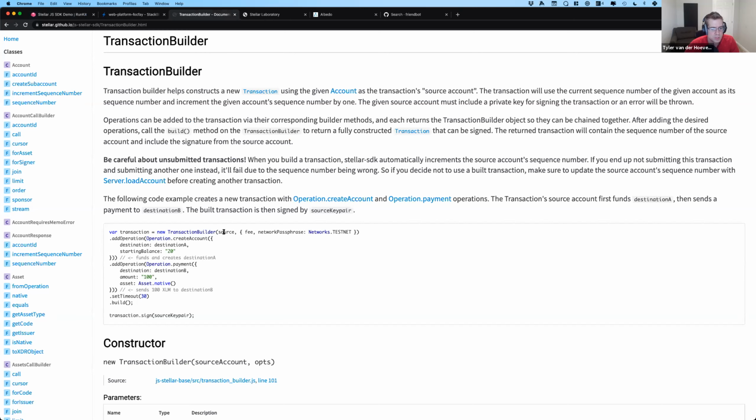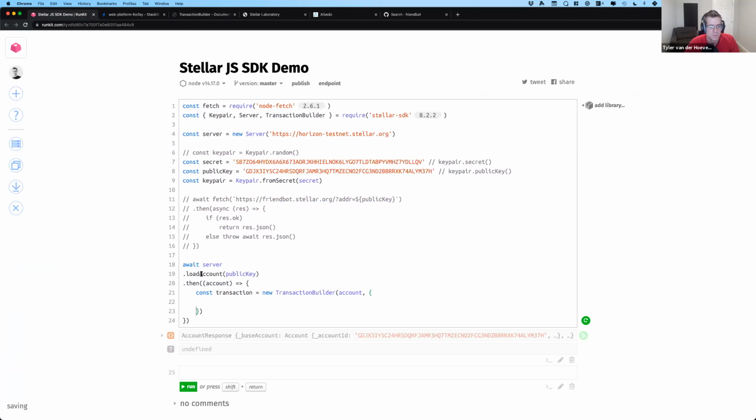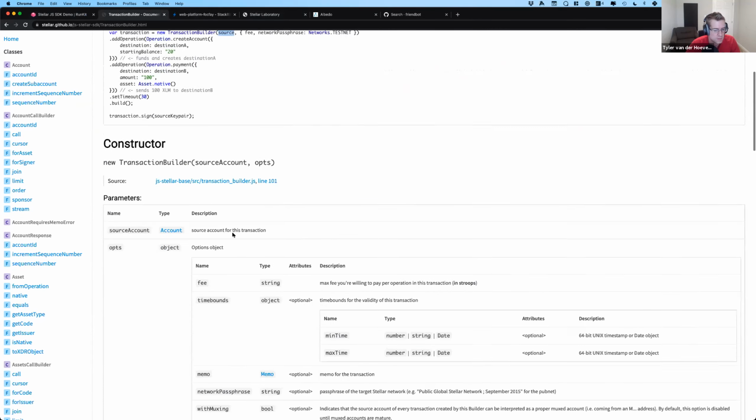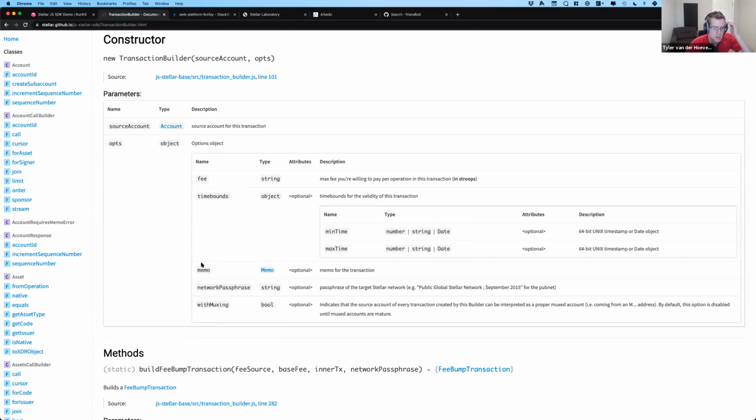So transaction builder takes a source, which is the account we just pulled in from this load account. So we have this account variable, which will pop in there. Pull this over here. The next thing it takes is some operations like fee, time bounds, memo. A lot of these are optional. The ones that I care about right now are the fee and the network passphrase. We're going to ensure via our network passphrase that we're going to build a transaction for the